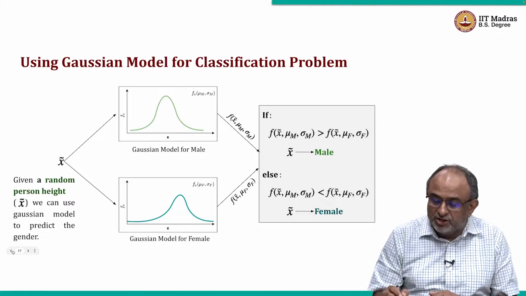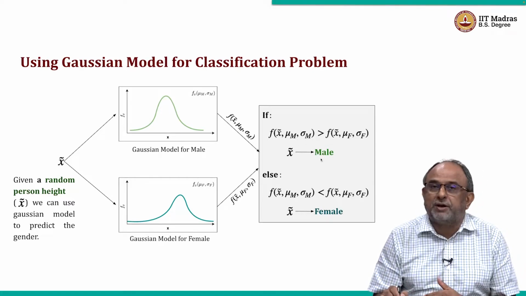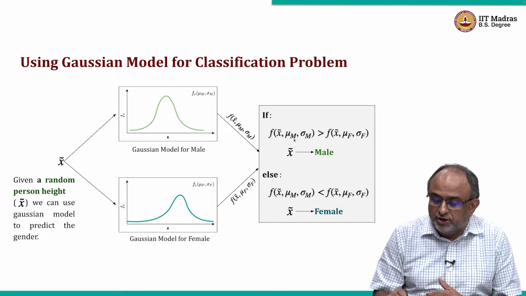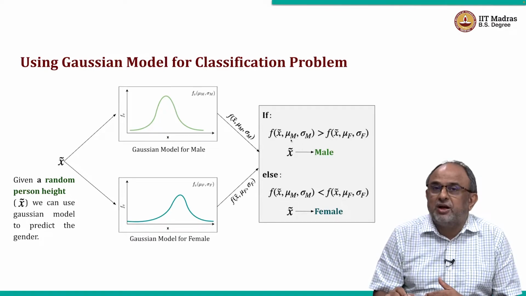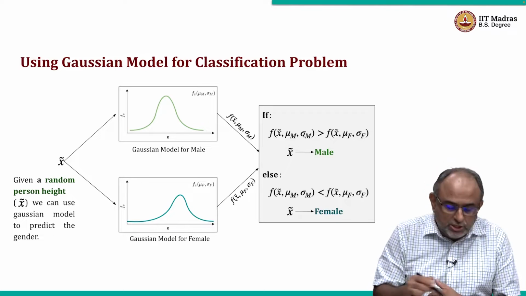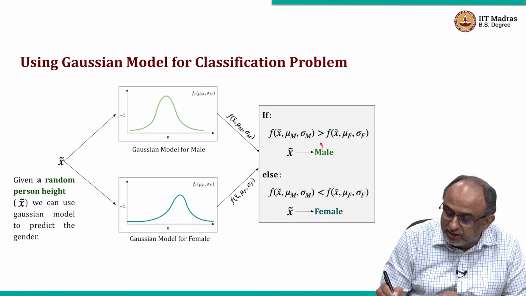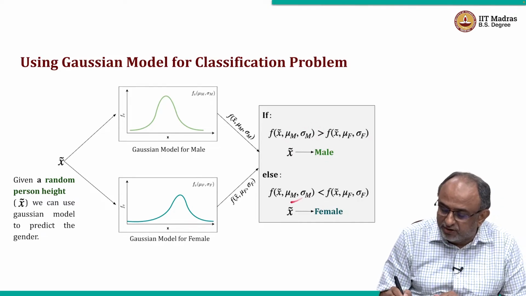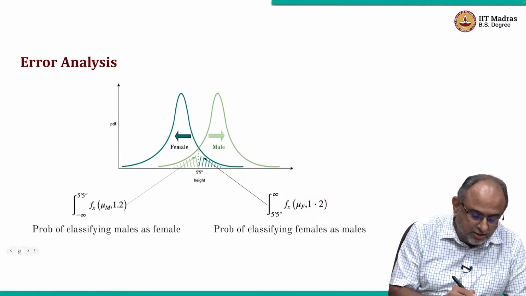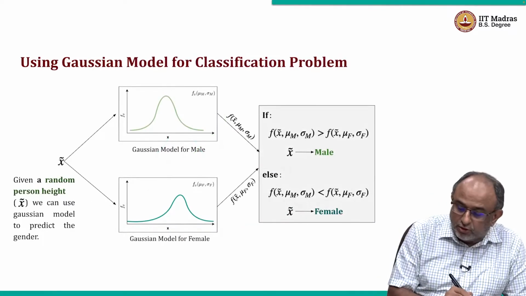And the way we made a decision is based on the idea of which one is more likely to have generated that particular observation. So we talked about, if I have the male distribution and the female distribution, given a measurement x hat, which one is most likely to have generated that particular measurement? If this is larger, then we say it was a male. If the female was larger, in this direction, we said that it was a female. Obviously, we are going to make some